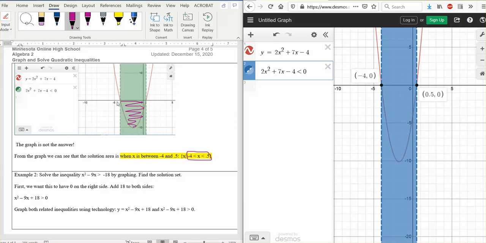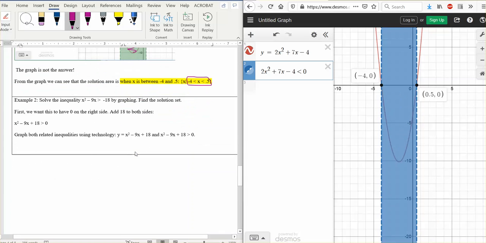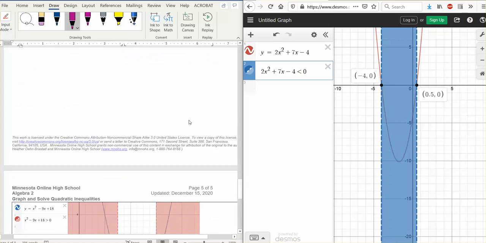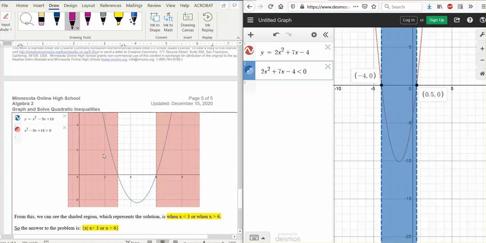Here's another example. x squared minus 9x is greater than -18. First, we want to have 0. We want it equal to 0, or less than or greater than 0. So I'm going to add 18 to both sides, and then I get x squared minus 9x plus 18 is greater than 0. So I'm going to graph both of these inequalities at the same time in Desmos, both the y equals and the greater than 0 one. And when I do that, I see, again, that there are two different parts where there's solutions. This part,